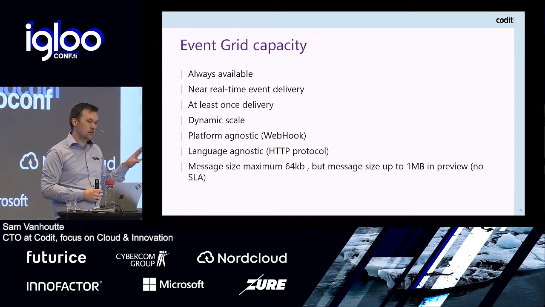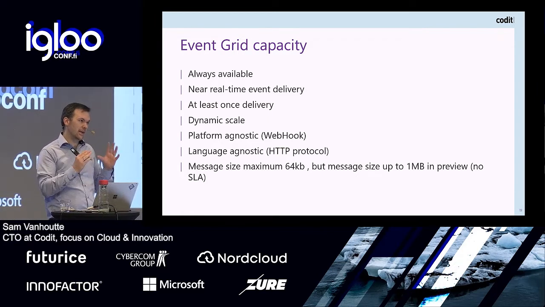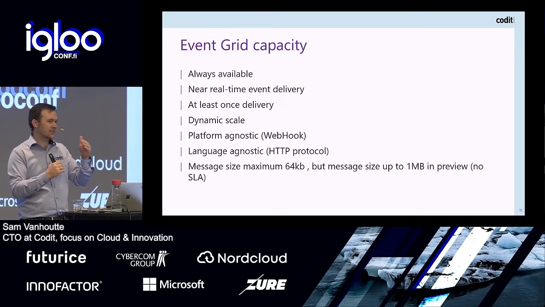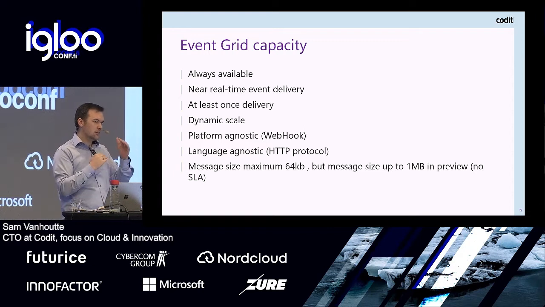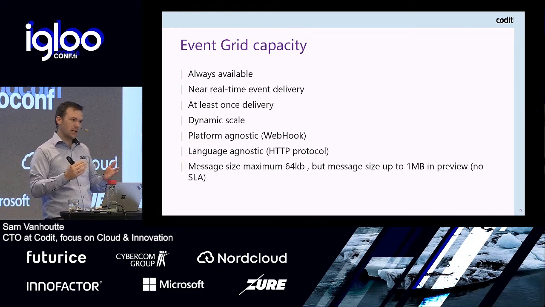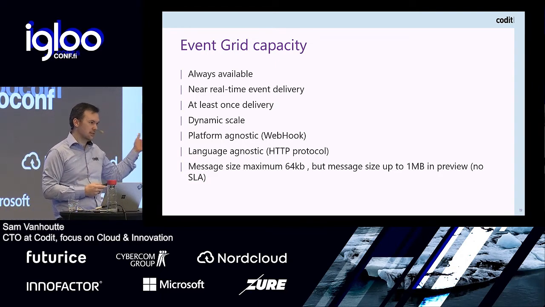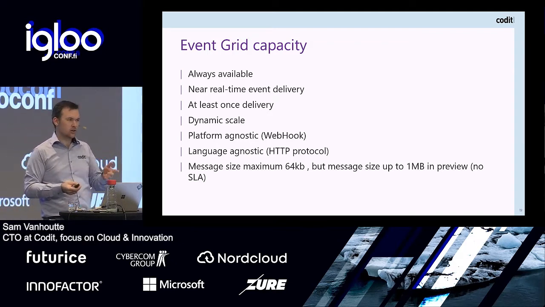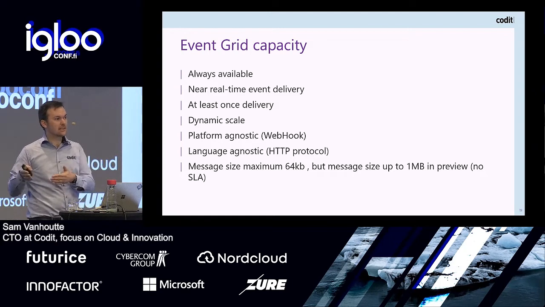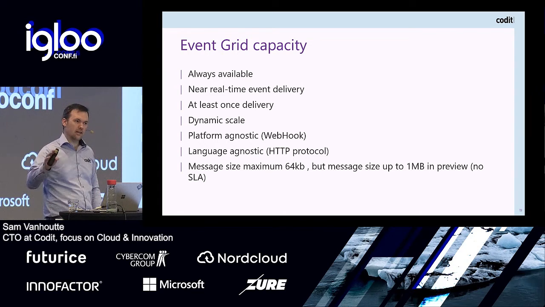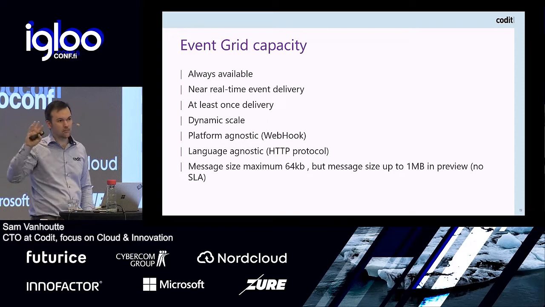Also important, there's a maximum message size of 64K, which should be more than enough, in my opinion. The way to handle events quite commonly is, okay, inject as much relevant information as possible, but don't use it as a file or as a message transformation protocol, because again, it could cost. However, there's a message size up to 1 megabyte. I believe it's still in preview, and that means it's not backed by SLA. So if you send messages up to 64K, you're backed by the SLA. If you go above that threshold, you're in preview mode. Okay.